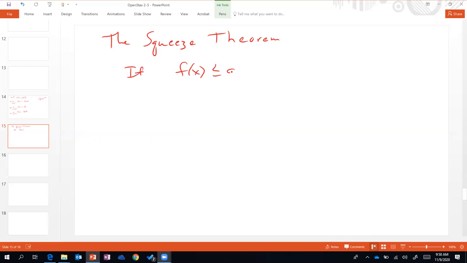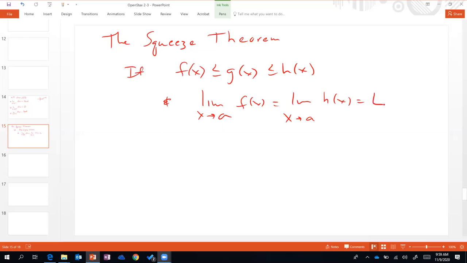If f of x is less than g of x is less than h of x, if I have 3 functions and I get my g function to be in the middle between the 2, and we've got another condition here, the limit as x approaches a of f of x is equal to the limit as x approaches a of h of x, which is actually L,